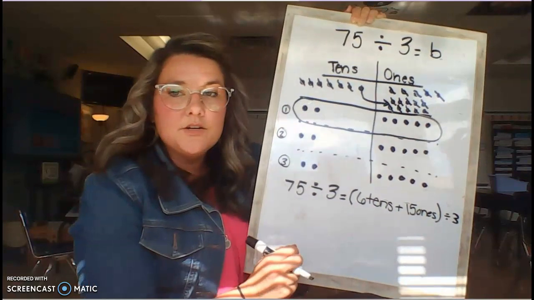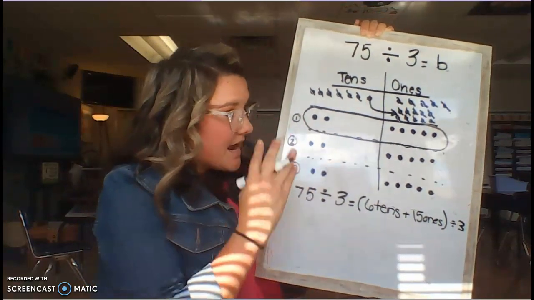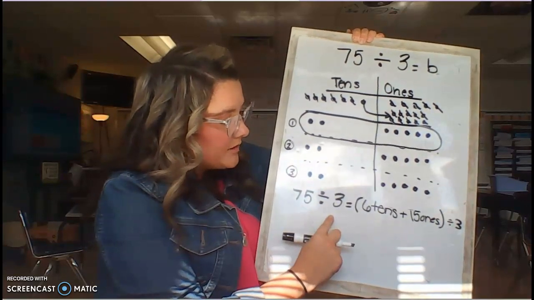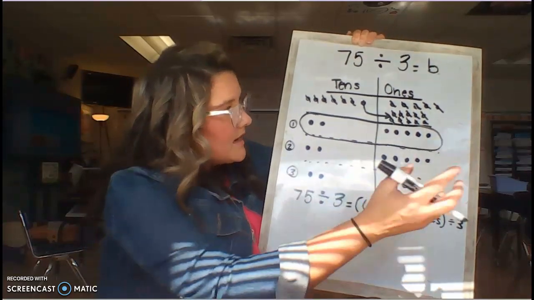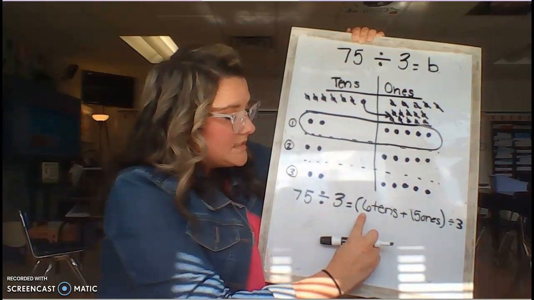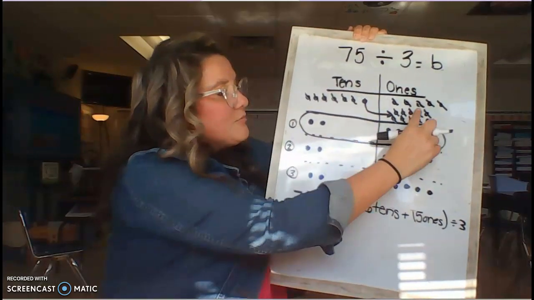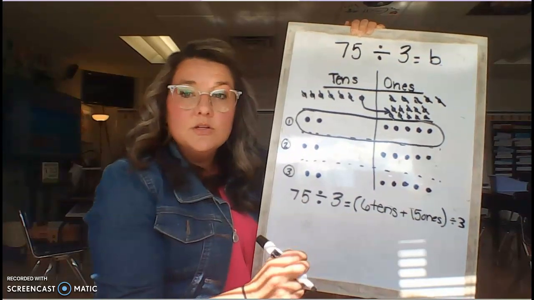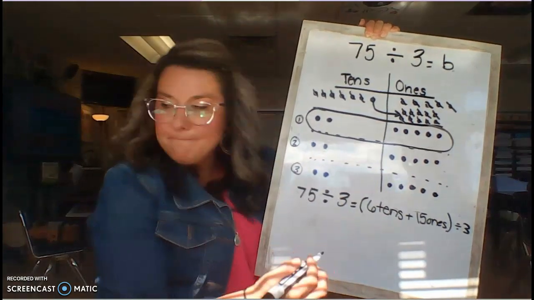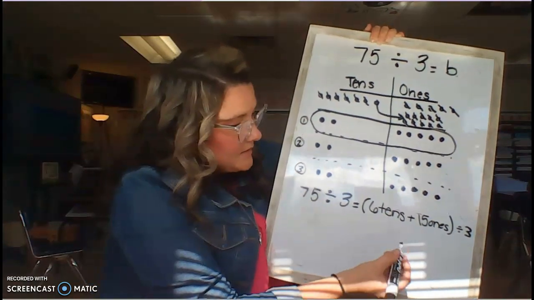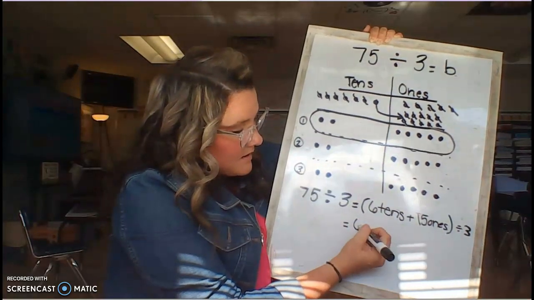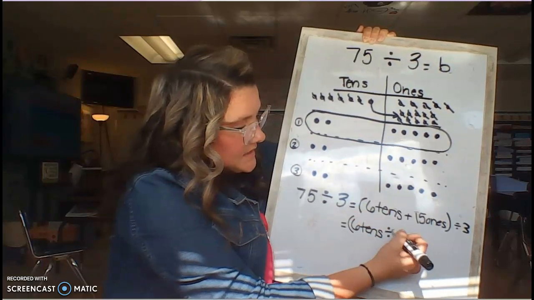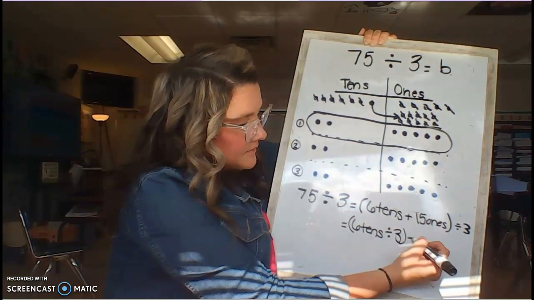Okay, so you're going to see this in your book later. So after I started the picture model and I showed 75 and I've got my 3 groups going, I ended up dividing or distributing 6 tens. Then I had to move that 1 10 to the ones place to have a total of 15 ones. Okay? So then I had 6 tens divided by 3 plus